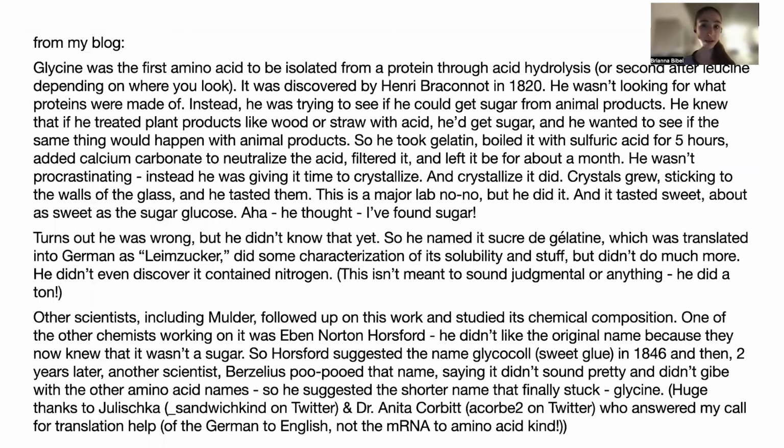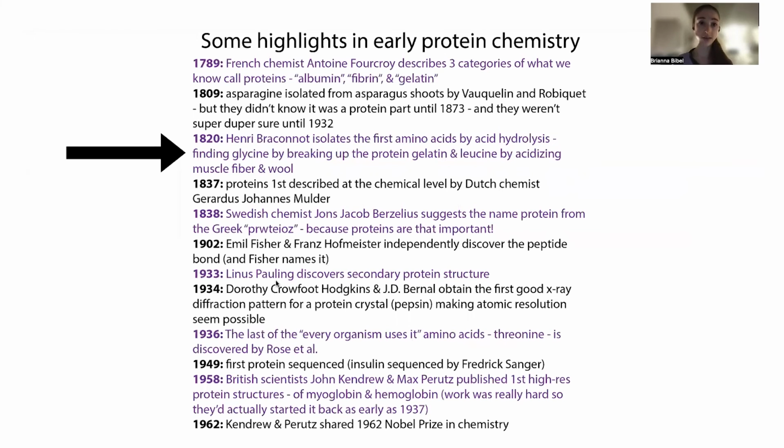If we look at the early history of protein chemistry, originally people didn't really know what proteins were, and they described them as three main categories: albumin, fibrin, and gelatin. That's how they were described in the early days by Antoine Fourcroy. The first amino acids were actually isolated in 1809, but they weren't really sure it was part of a protein. Then in 1820, the scientist Henri Braconnot